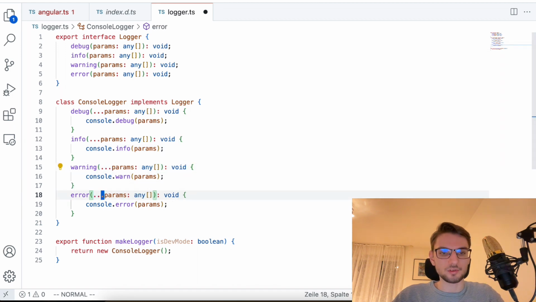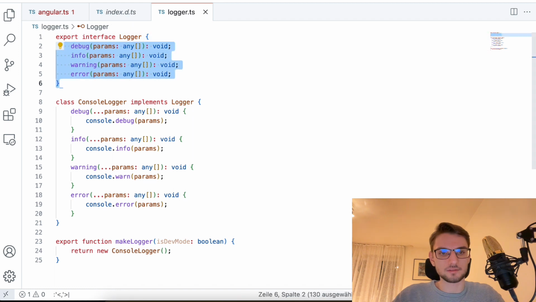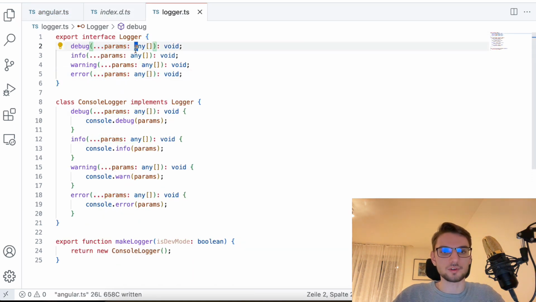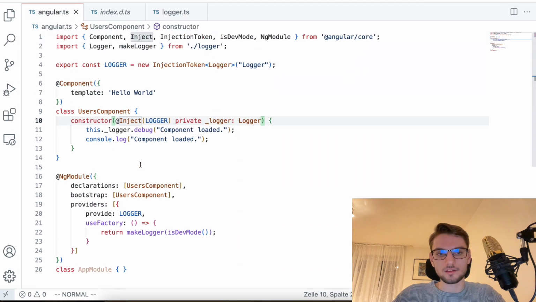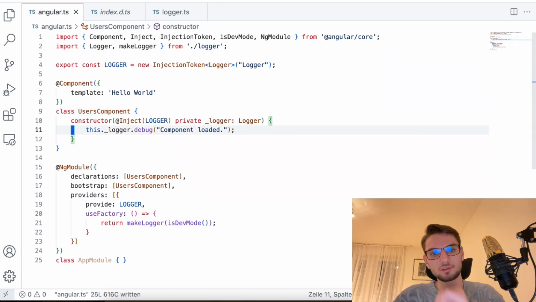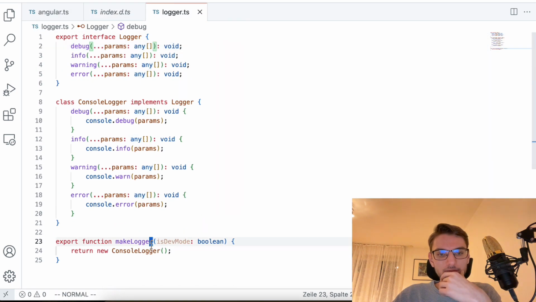Because we want to conveniently use this, and therefore we use the object destructuring. Okay, cool. Now we can get rid of the console log, and if we are now getting back to the makeLogger thing,